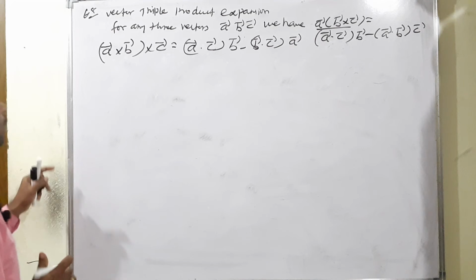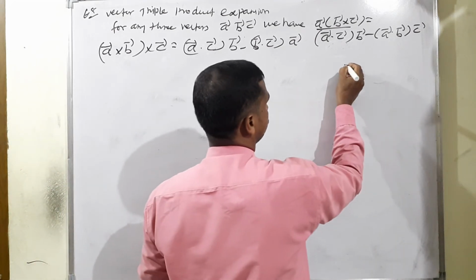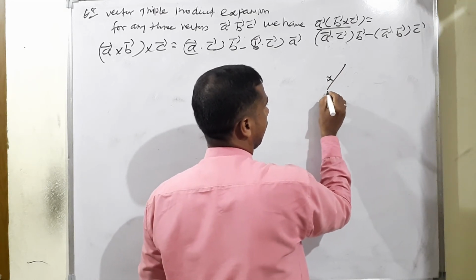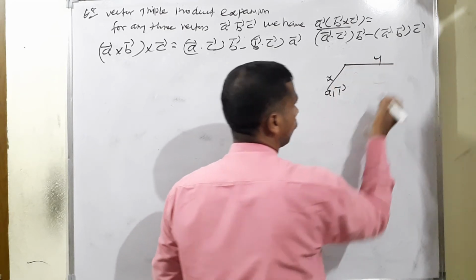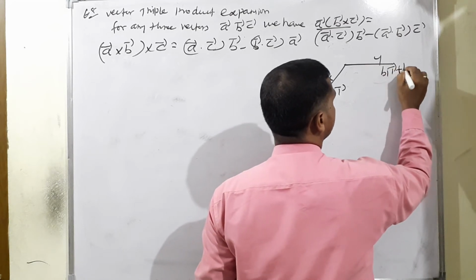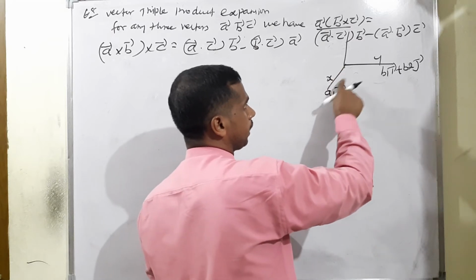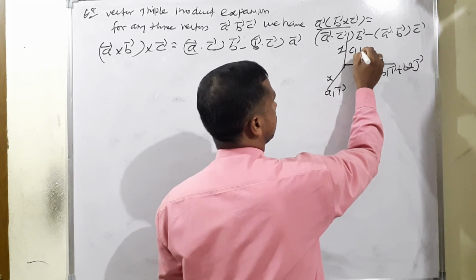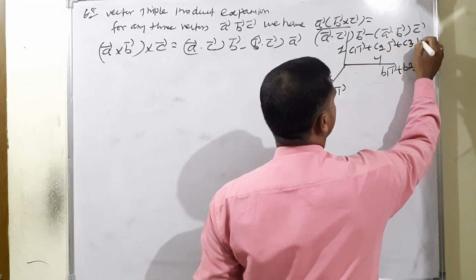So listen very carefully. Before proving the condition, first the x term: this is considered for x means only length, that is considered for A1 I vector. Then this is considered for y means length and base will be added. This is called B1 I vector plus B2 j vector. Height means length, base, height, three terms will be added. This is z, so what will happen? C1 I vector plus C2 j vector plus C3 k vector.